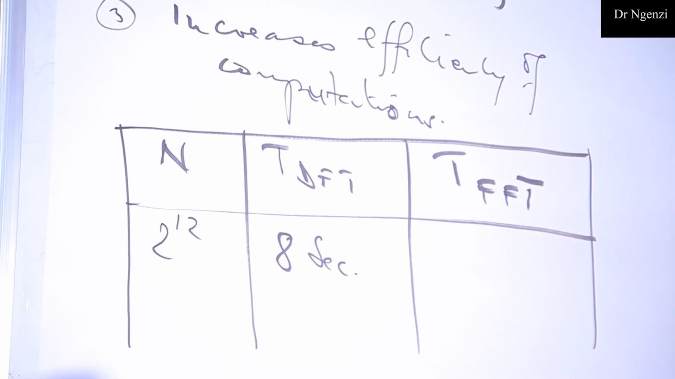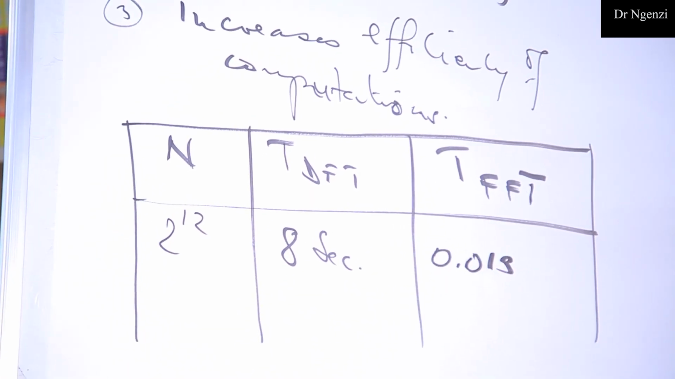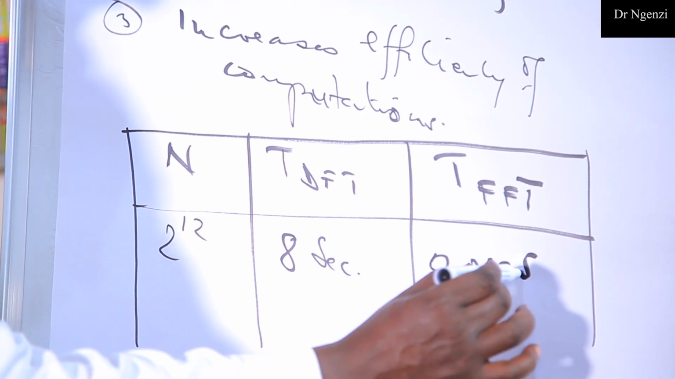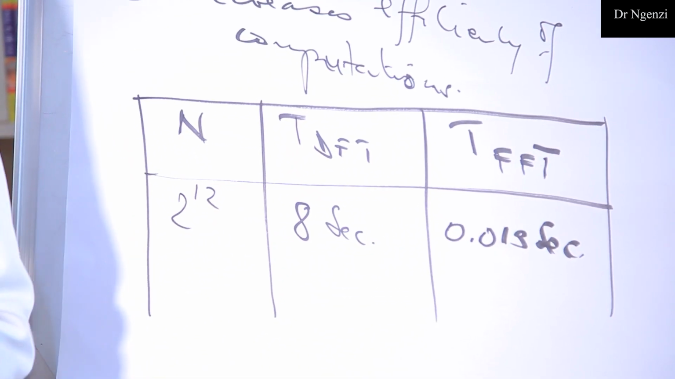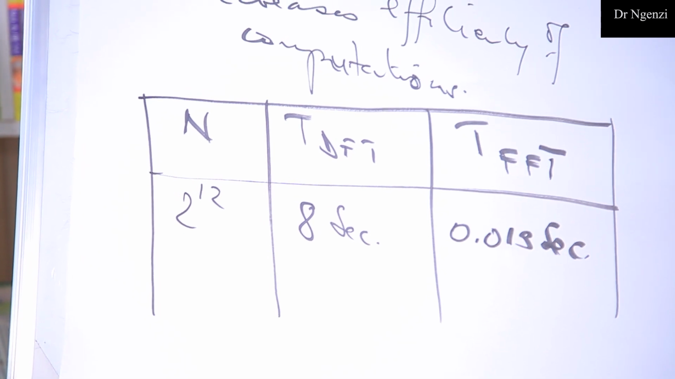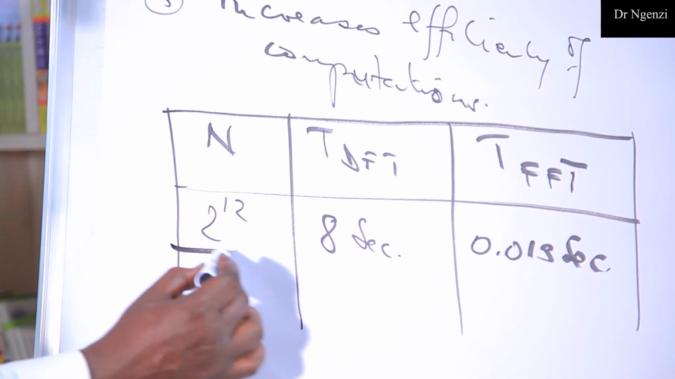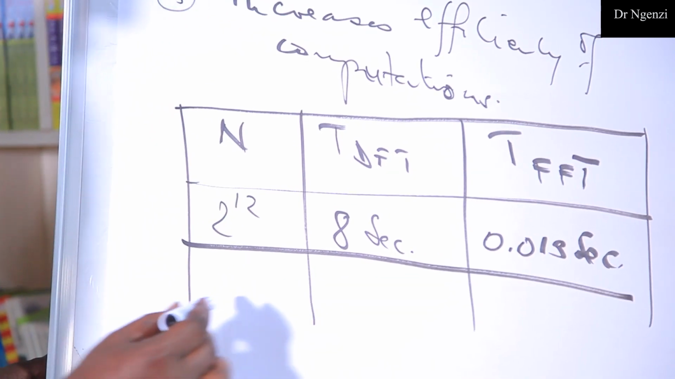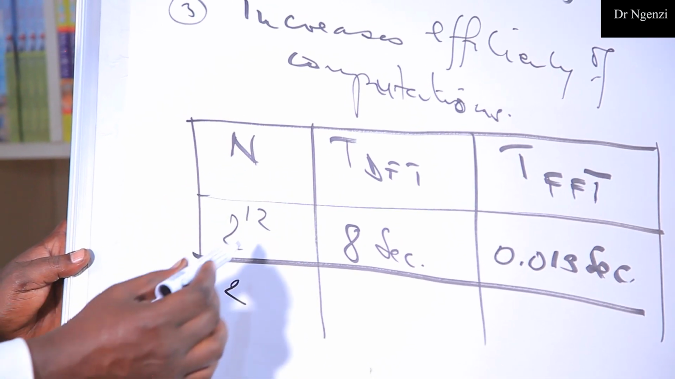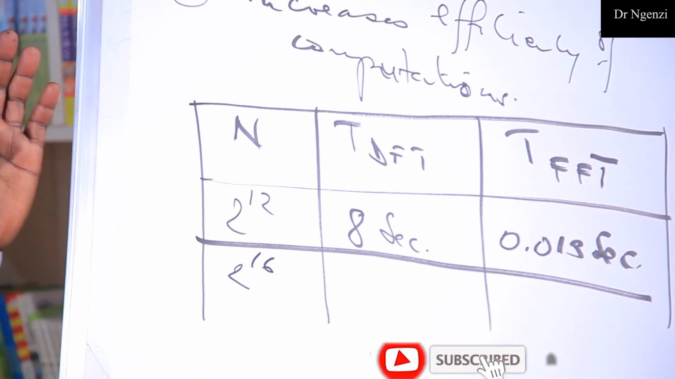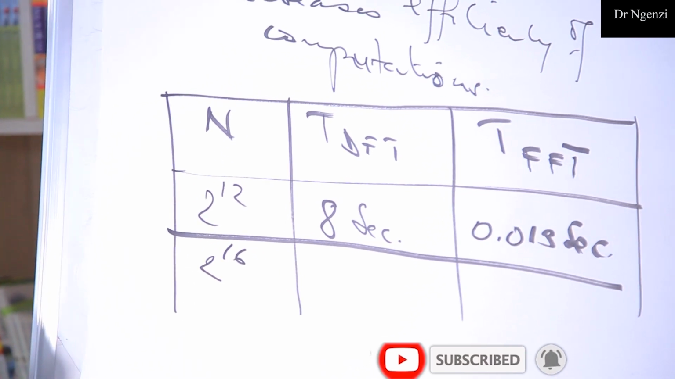So it's going to be 0.013 seconds. So you can see it has reduced so much in this case. So that is example number one. And again, you can have, for example, if the number of computations is ranging from 2 to the power 16, then it's going to take like